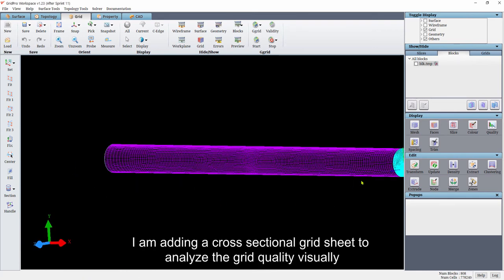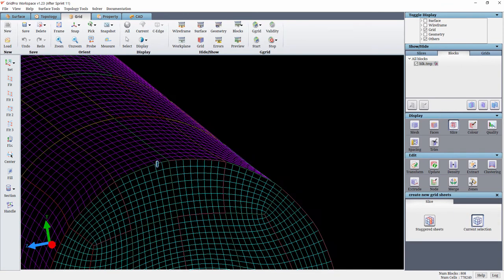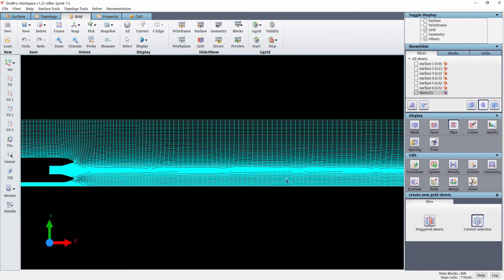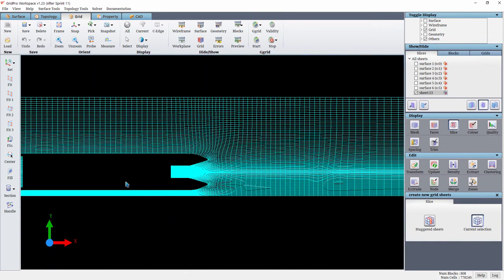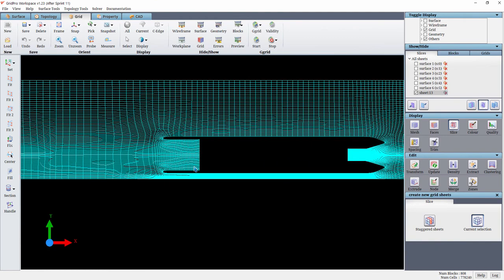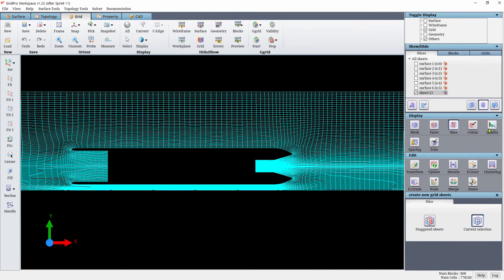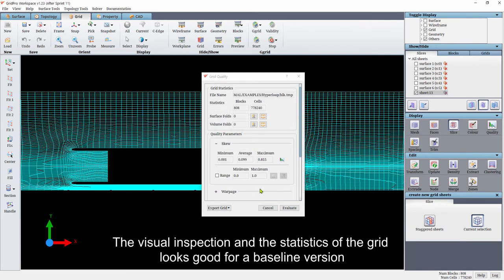I am adding a cross-sectional grid sheet to analyze the grid quality visually. The visual inspection and the statistics of the grid look good for a baseline version.